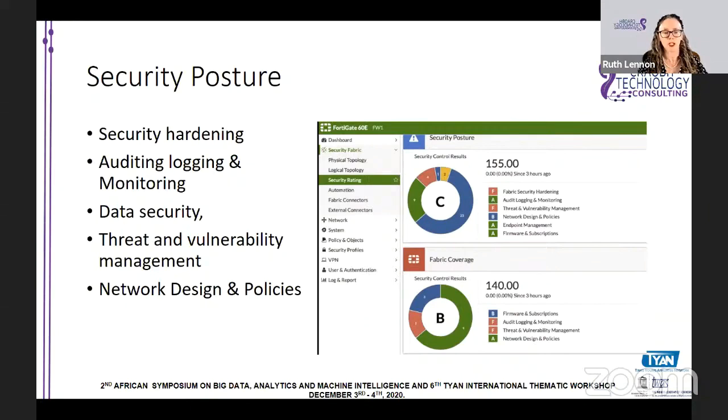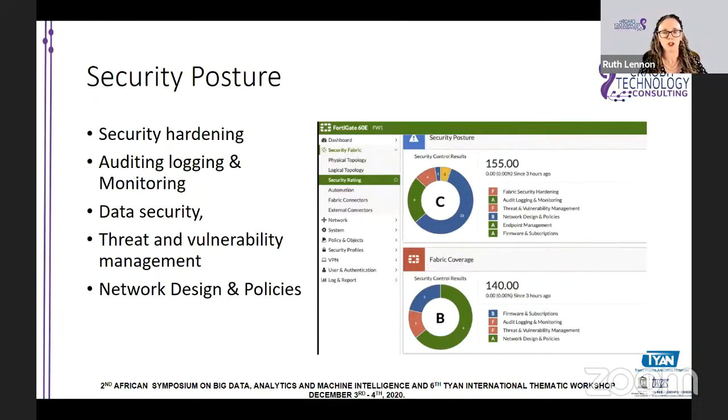So if we look at the first one, of the two graphs that I've got here on this page, and again, as I said, this is taken directly from a live firewall on a live system. It's an isolated system in some ways, and I have redacted most of the information from it, so it's not going to give away too much to you, but it'll give you an idea. So the first one is on security posturing. Security posturing is about how secure our system is overall, and it contains a lot of information like the